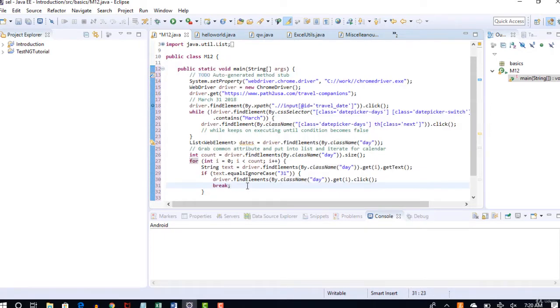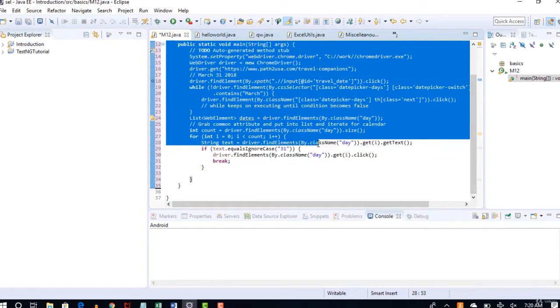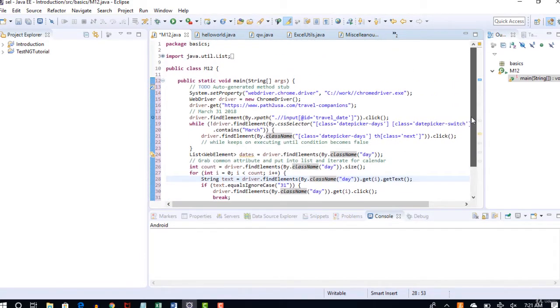So before you raise a pull request for someone to see from Eclipse, just remember Control Shift F and it takes care of all the formatting. Please forgive me if I really don't care about formatting in my lectures. It's just because I'm more focused on logic and making my students understand instead of formatting, and you can just use this shortcut to make that work.